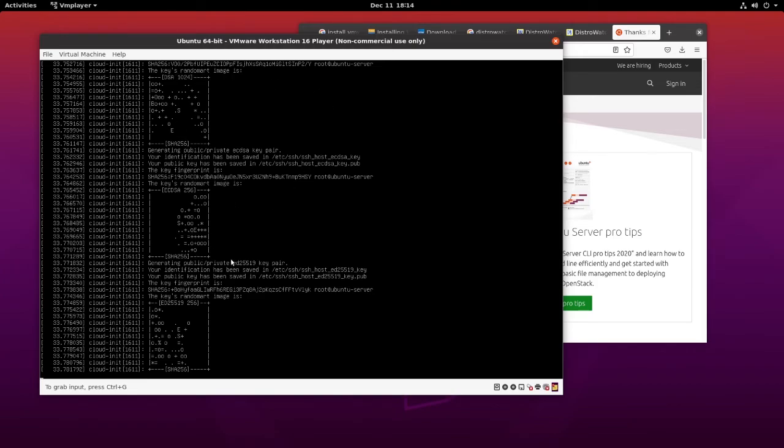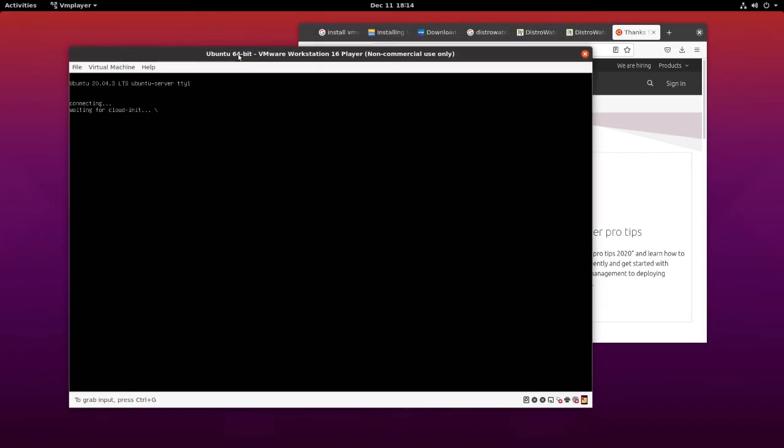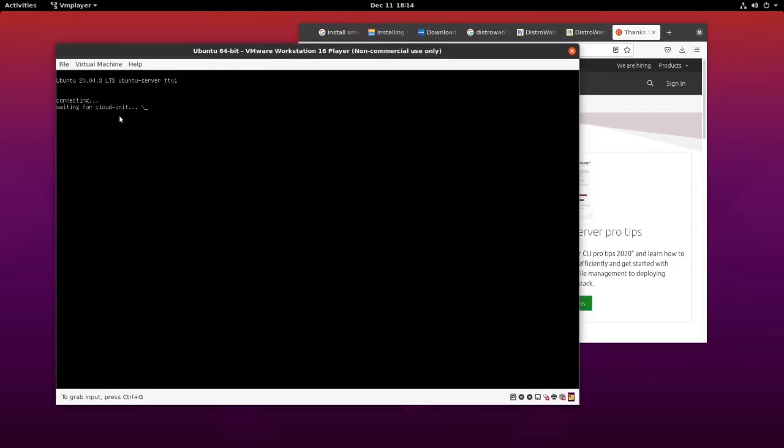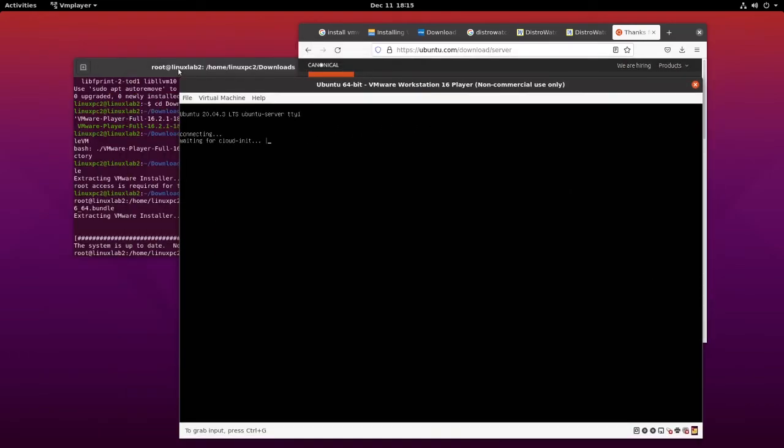Because it's live, it's probably pulling information from the internet as well. Yeah, waiting for cloud initialization. Anyhow, I just wanted to show you how to get the VMware Workstation going,